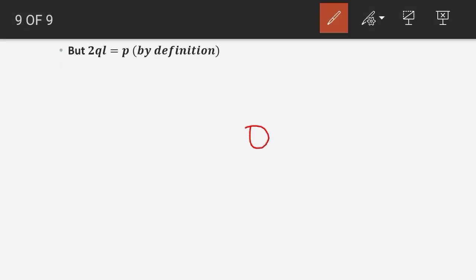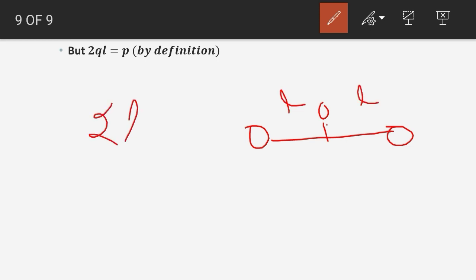So now if you have a dipole, here in this case the dipole length is from L to L, that is 2L, right? Here is the center, the middle, and the total length of this dipole is 2 into L. Here is the charge minus q, here is the charge plus q.